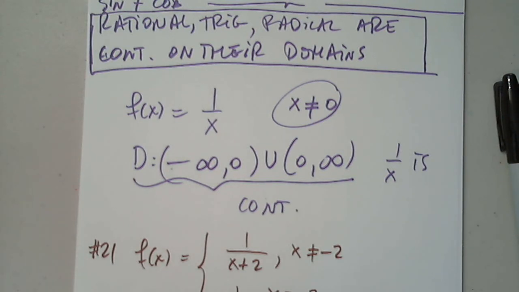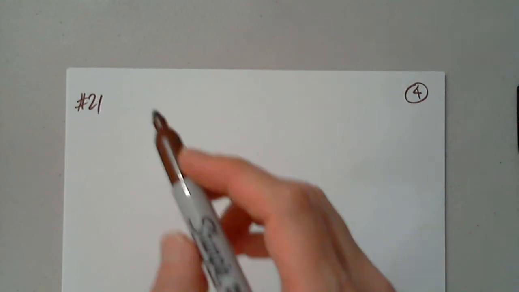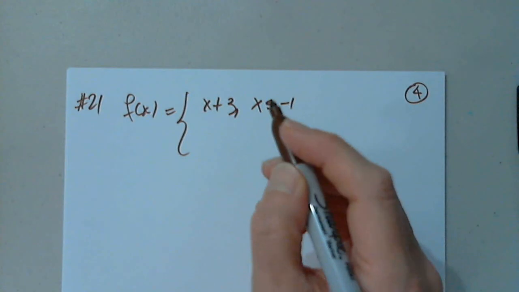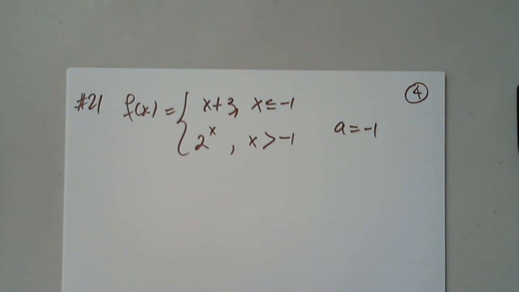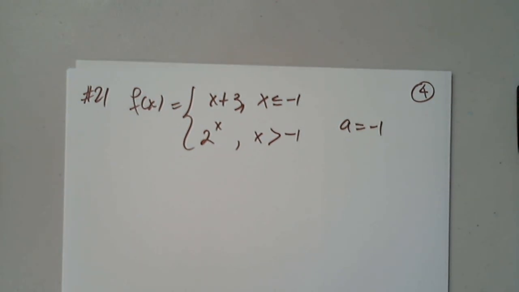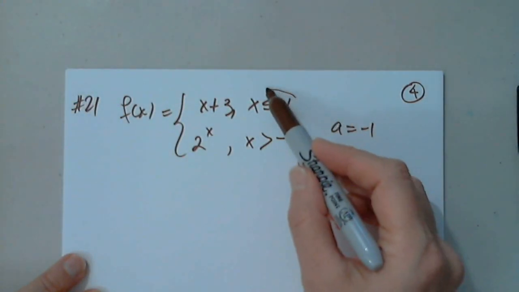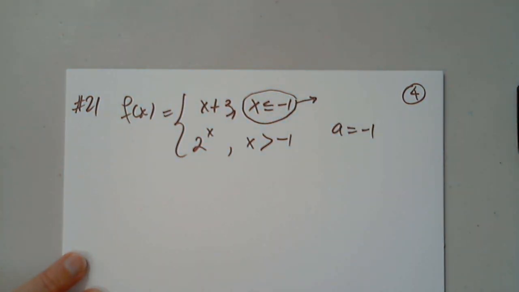Who would like to be in charge with me copying the correct one? I always delegate someone. Okay, so you said 21 and I copied 20. Sorry about that. So f of x equals x plus 3 for x less than or equal to -1, 2 to the x for x greater than -1, and a equals -1. Perfect. Thank you. So now we are going to start by graphing this function first. And as you know, we will always change this in an interval notation. Can anyone